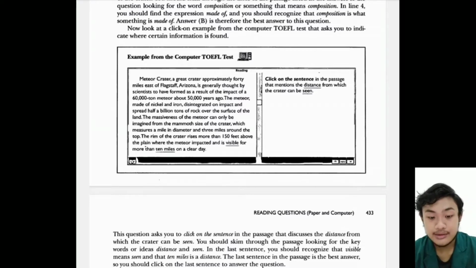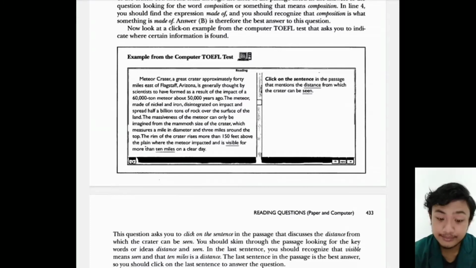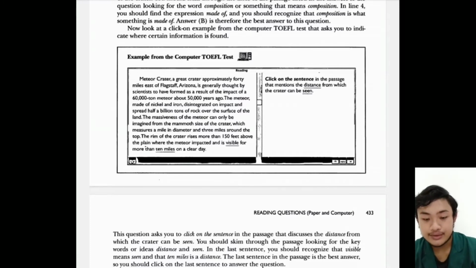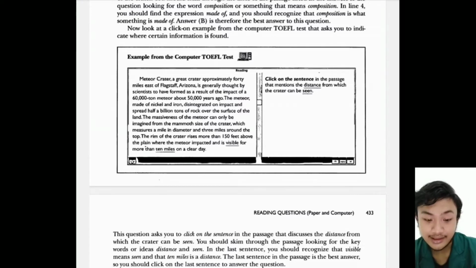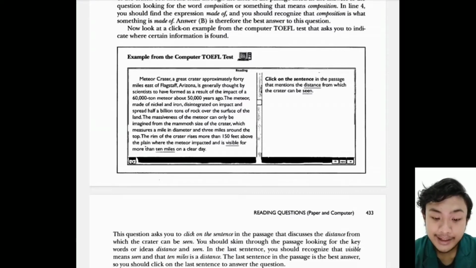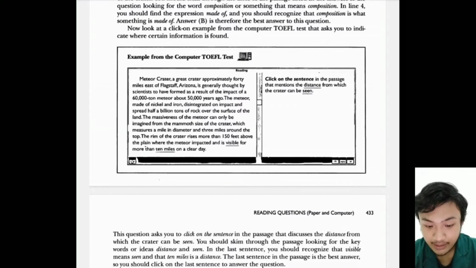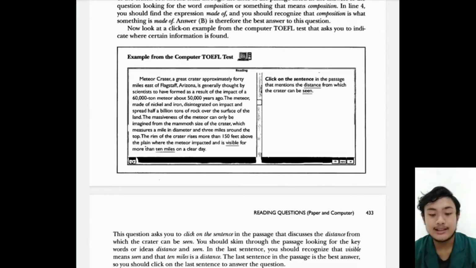This question asks you to click on the sentence in the passage that discusses the distance from which the crater can be seen. You should skim through the passage looking for the keywords or ideas, distance and seen. In the last sentence, you should recognize that visible means seen and that 10 miles is a distance. The last sentence in the passage is the best answer, so you should click on the last sentence to answer